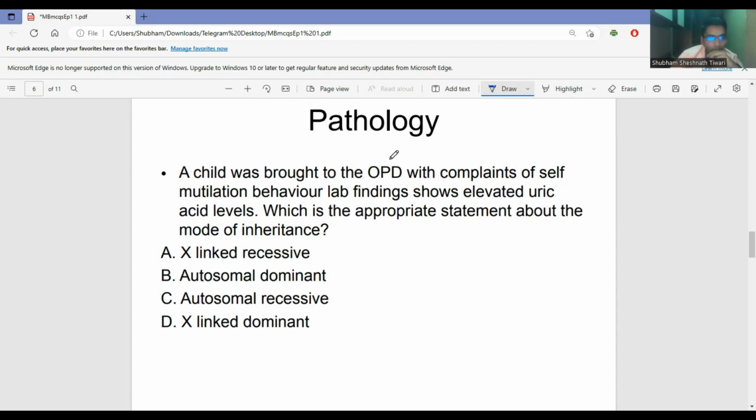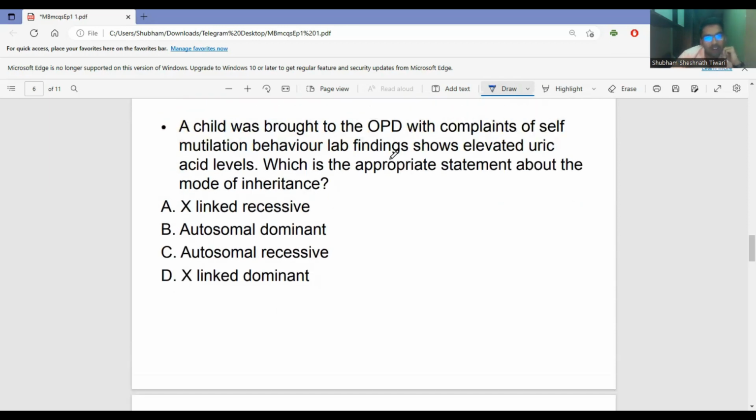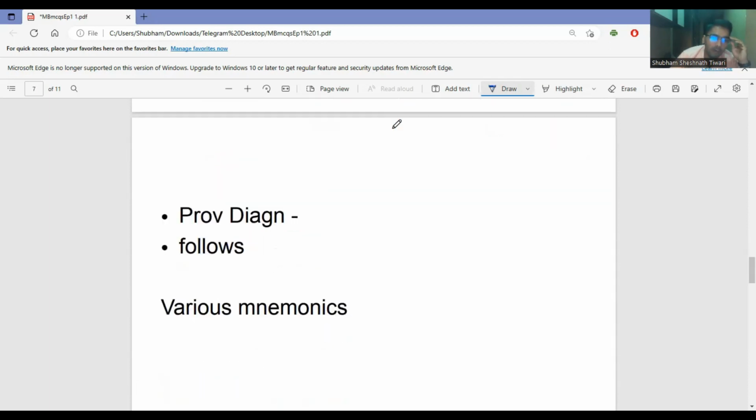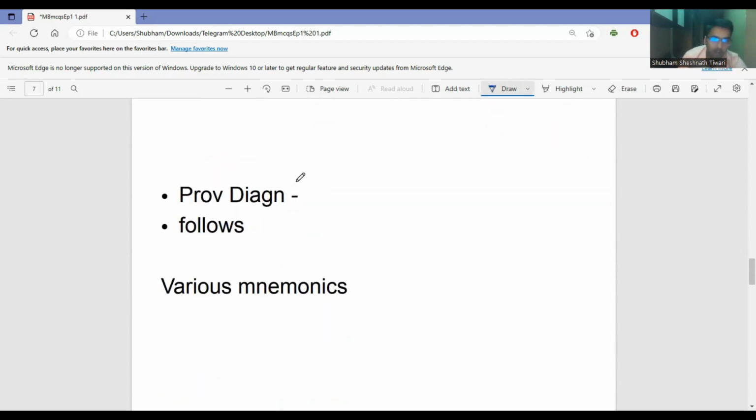So see, this is really very straightforward. It's pretty much a giveaway. If you are done with your first reading of biochemistry, I'm sure you must have come up with a perfect provisional diagnosis already. So the provisional diagnosis in this question is